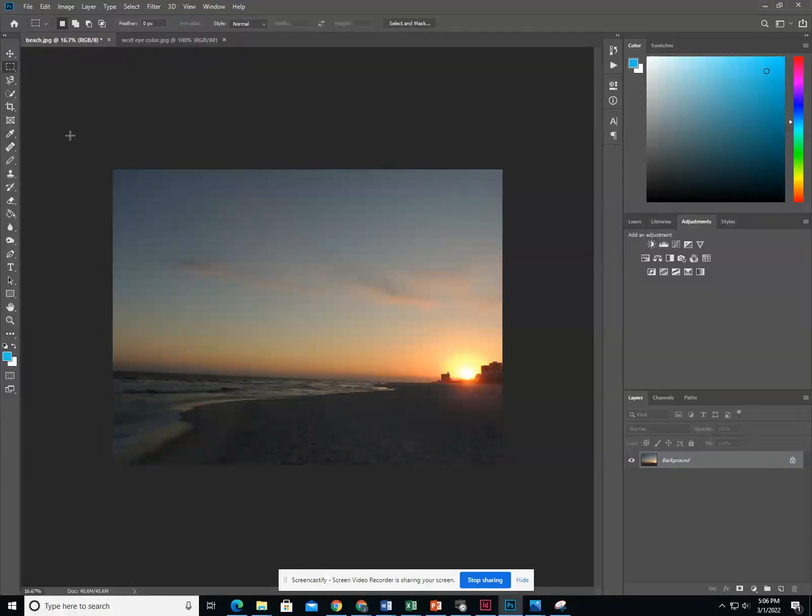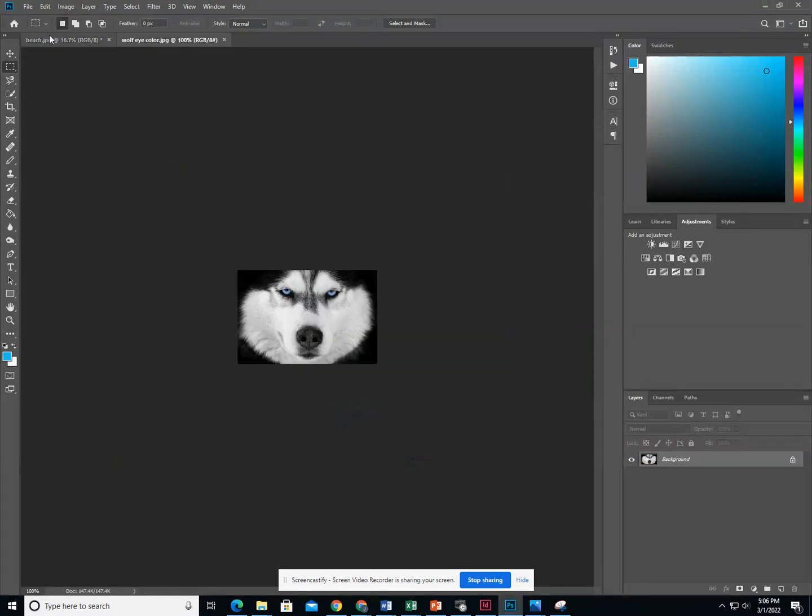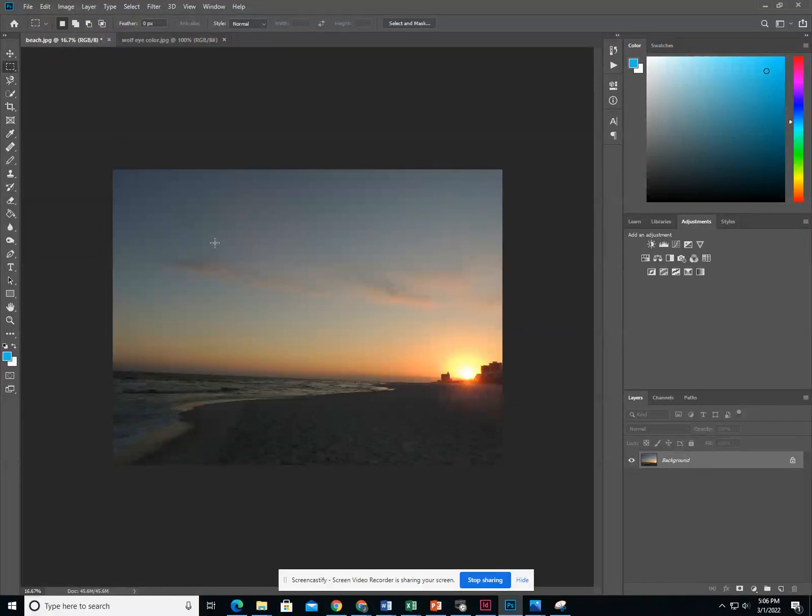These are the Photoshop lessons for the Sunflare and changing the wolf eye color. You want to open up both your beach photo and the wolf eye color photo on Photoshop. Let's start with the beach one first. We're going to go to Filter,